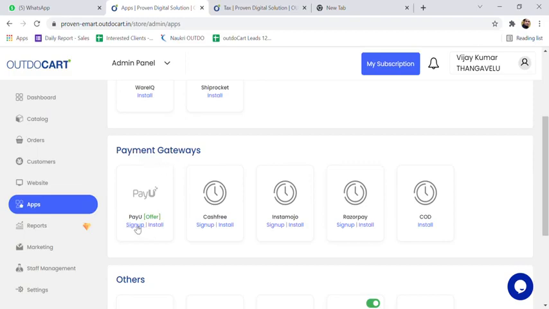We have four different payment gateways: PayU, Cashfree, Instamojo, and Razorpay. You can use any of these four. I recommend you use at least a minimum of two payment gateways, so that if there is any technical